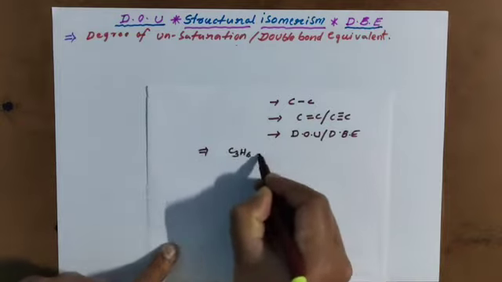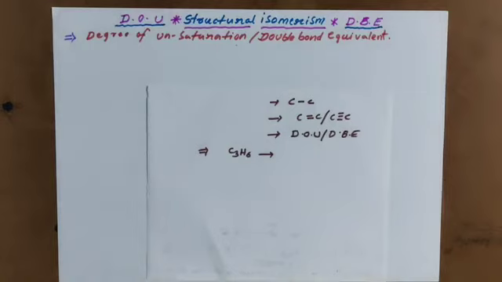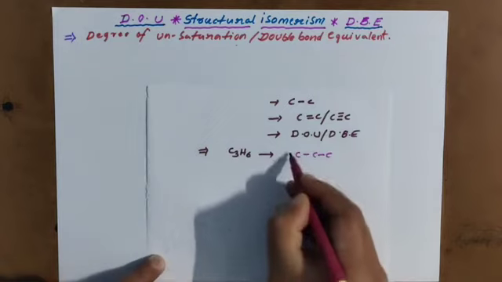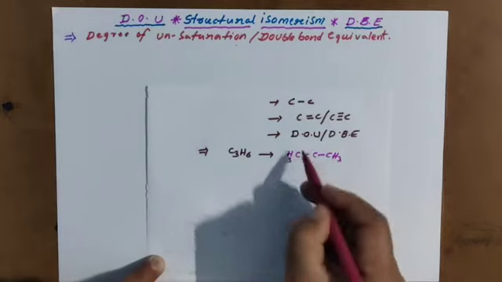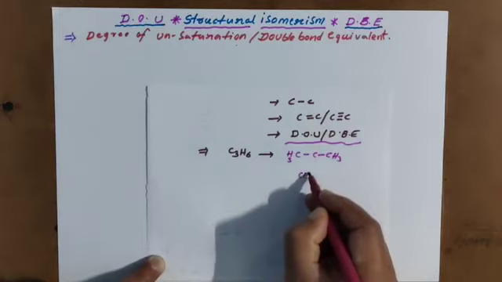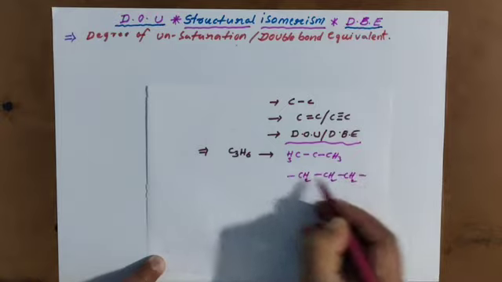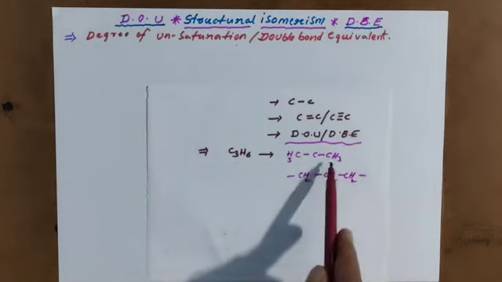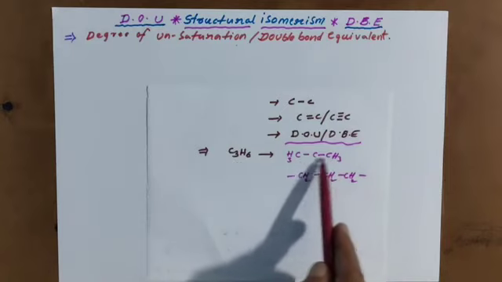a C3H6 compound is given to you. How many structural isomers are possible for this? Immediately what you do is take 3 carbons and try to write CH3 here, CH3 here, 6 carbons completed, but this carbon is not satisfied. And somewhere you are doing CH2, CH2 and CH2, and here one bond is vacant. So when you try to draw the structures and get this problem, it means somewhere unsaturation is there.